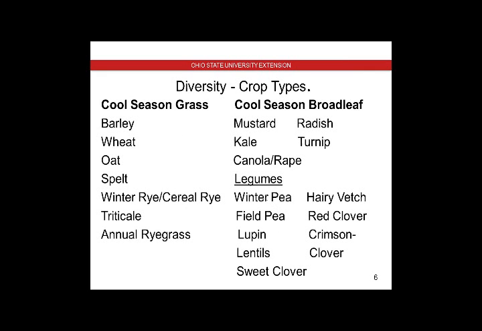As we look at some of the cool season cover crop types, we have the grasses, and we have some brassicas there at the top, and then also some legumes. Let's start with the cool season grasses. We have barley and wheat. Those will both survive the winter, but then we also include oats in that. And generally, in most parts of the country, the oats will probably die off once we get into the low 20s and teens.